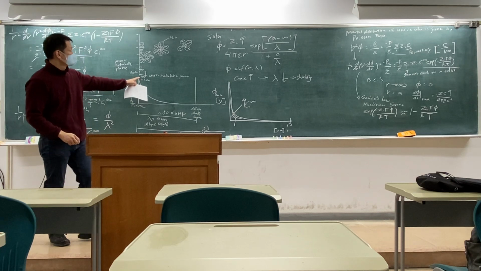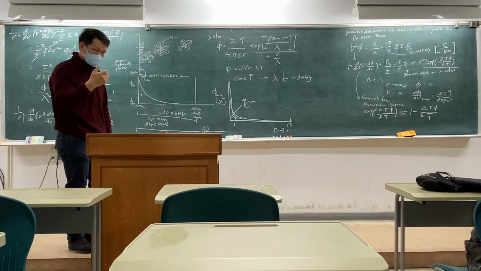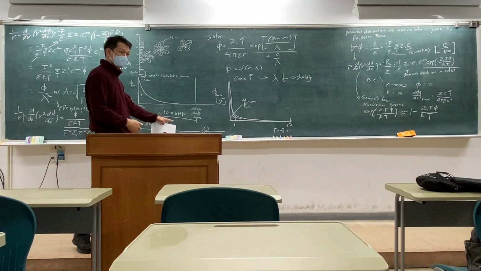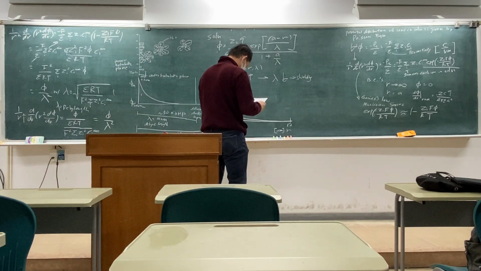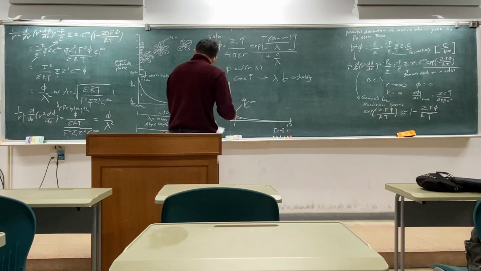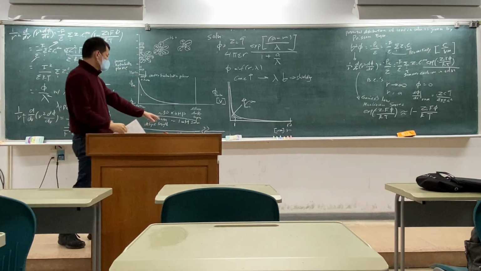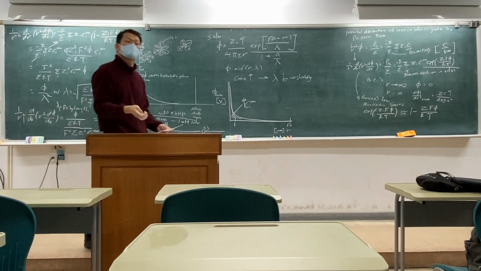The distance of the OHP, the outer Helmholtz layer, is roughly 0.2 nanometers. So 50 times that is 10 nanometers, which is approximately the Debye length in charged solutions. This is concentration dependent. This is in a 1 millimolar solution. In a more concentrated solution, the Debye length is going to drop.